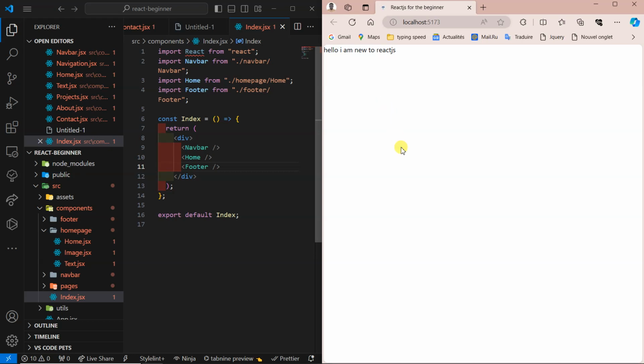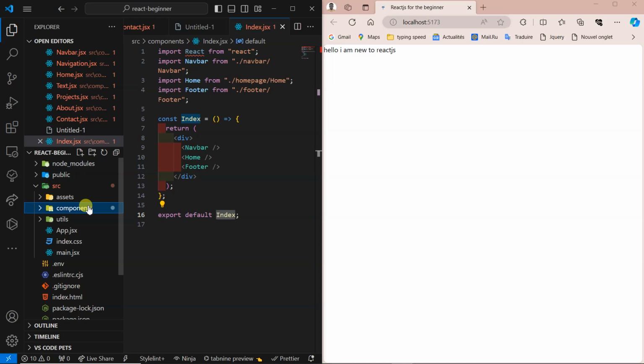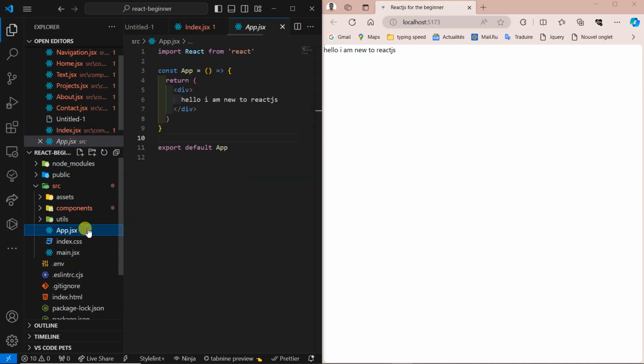nothing is happening. Why? Because the index file is not yet imported within what? The app component. So now if I go back to my app component,